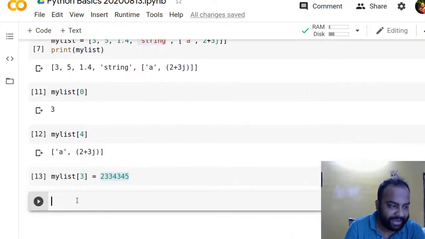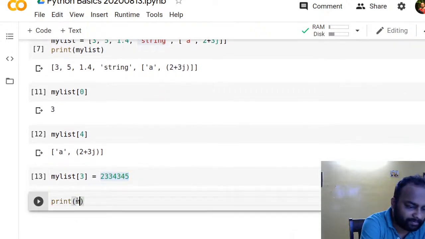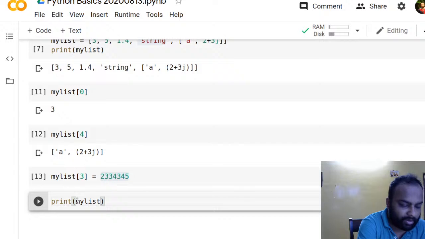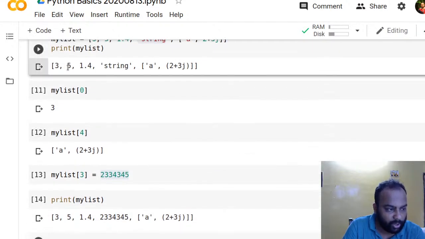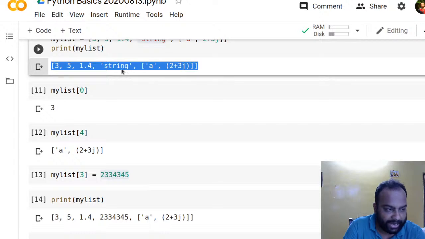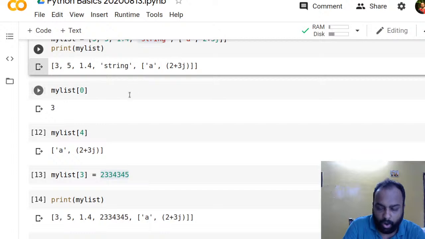Now if I do print my list, let's see what happened. All right, can you see what happened? This was the original list that I actually created, and here was element number 3. Now what I have done,